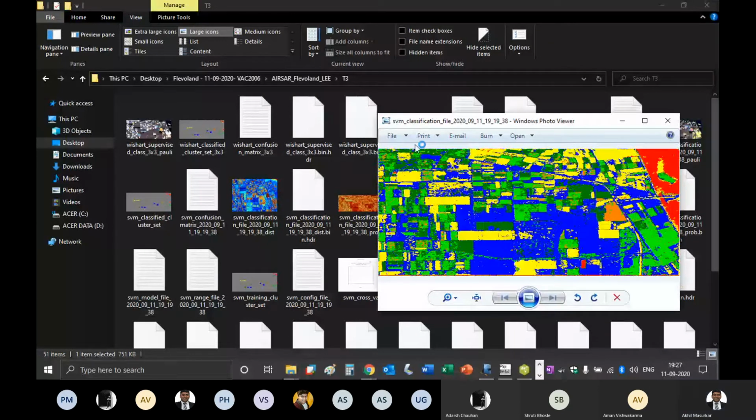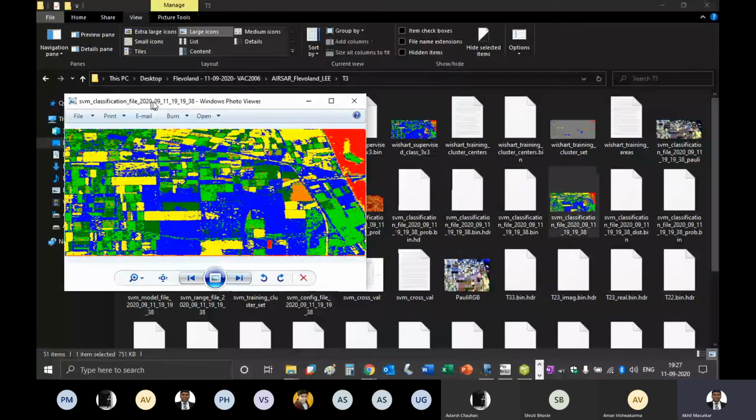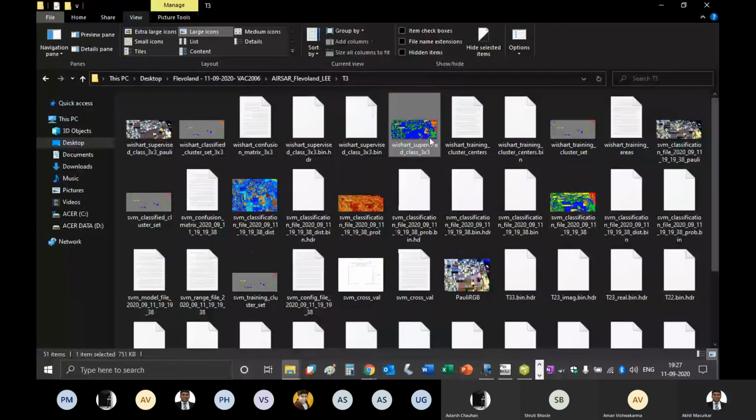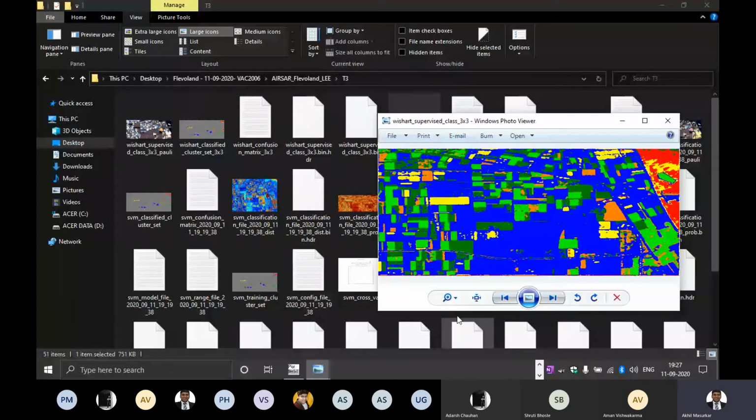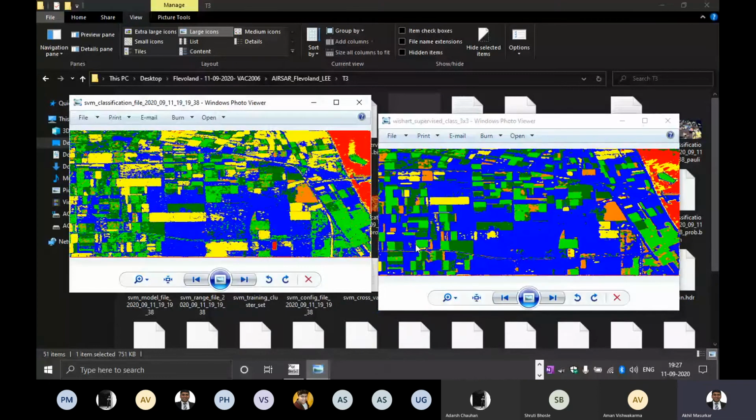SVM, and this is Wishart. So you can compare them side by side or whatever, however you like, no problem.